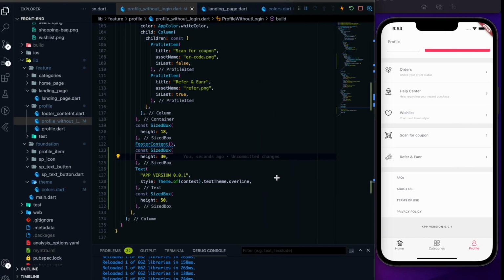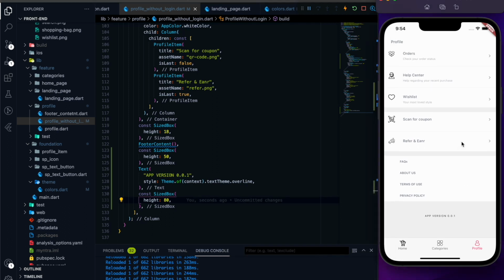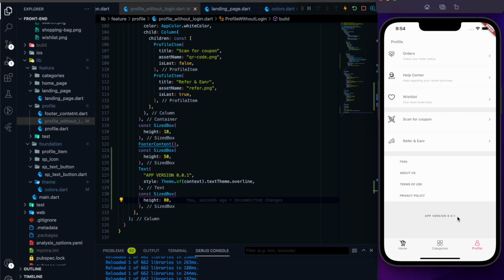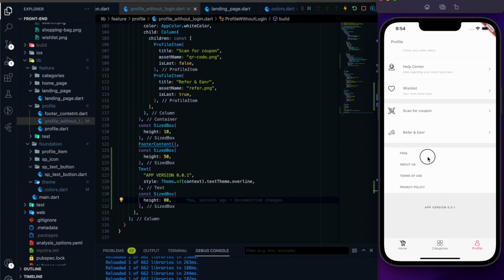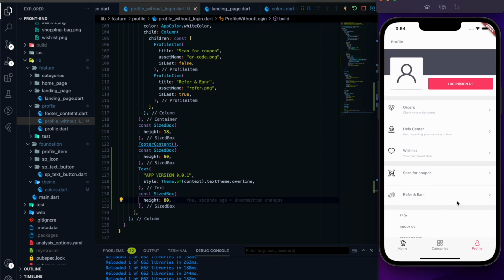It is kind of 50 I guess, and it is kind of 80. Okay, I can do one thing. We can change the styling of this app version, but we will see later because it's not really important as of now. So I will think about this later, but you can see that we are pretty much done